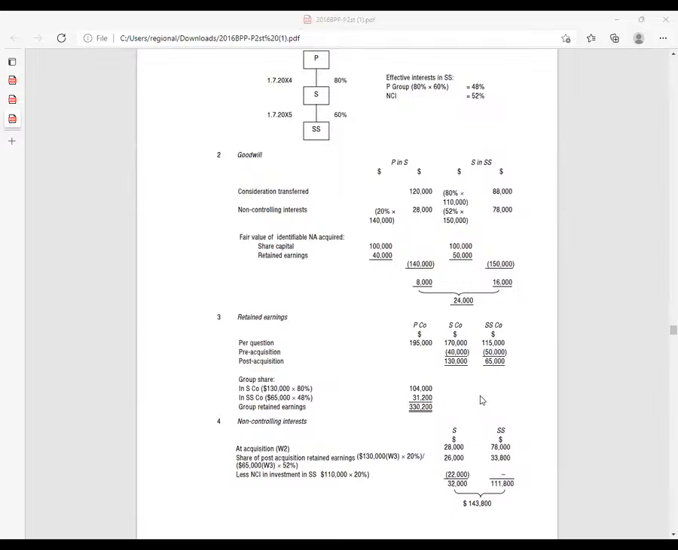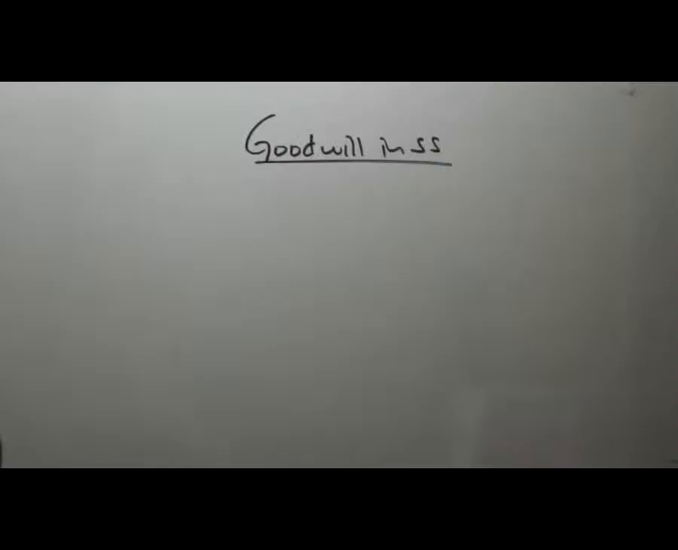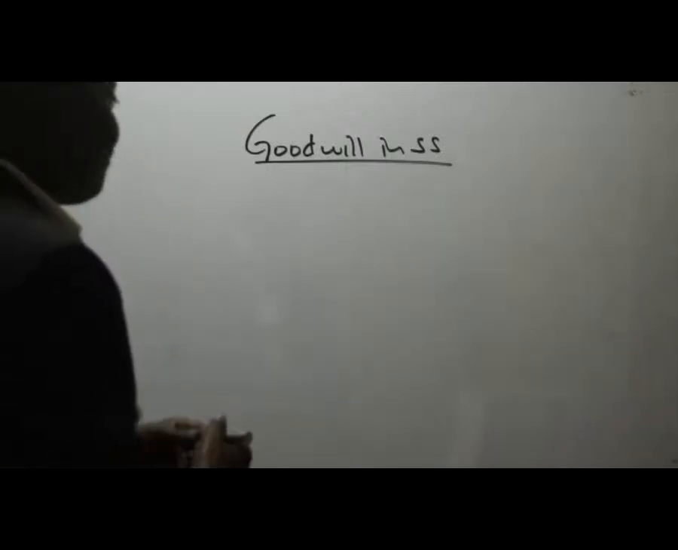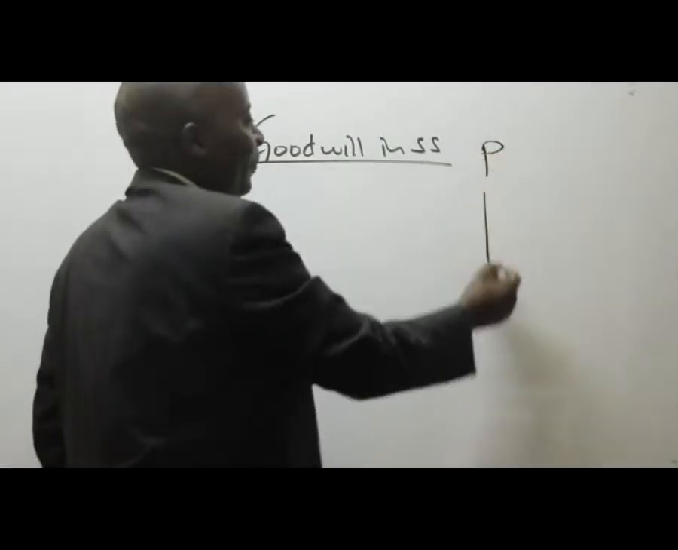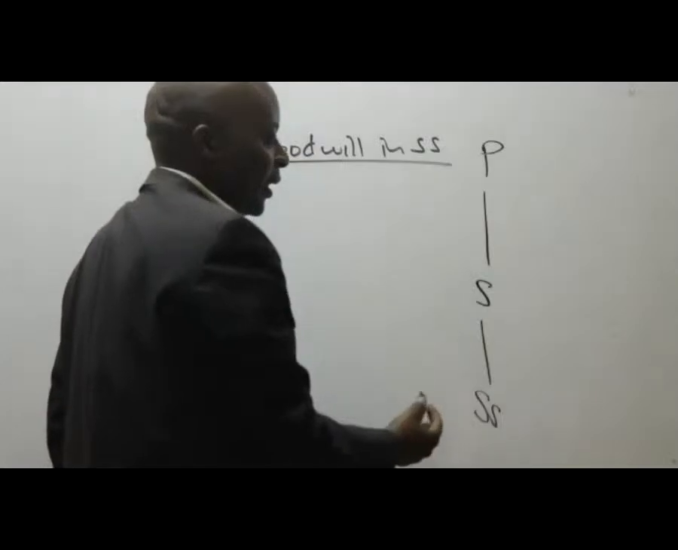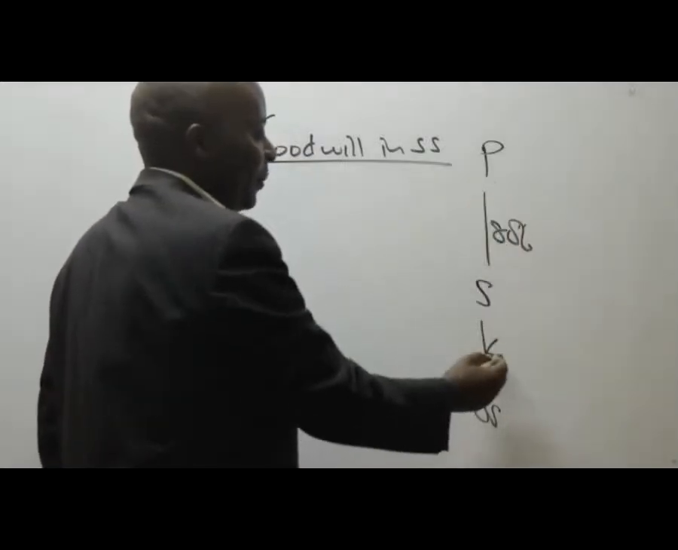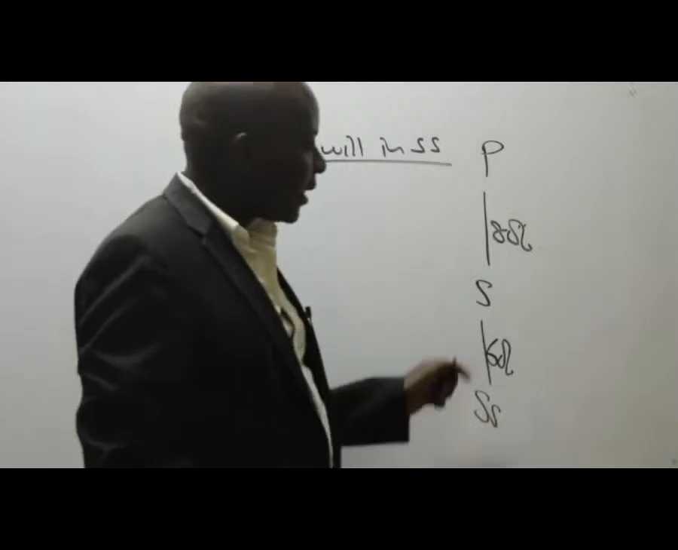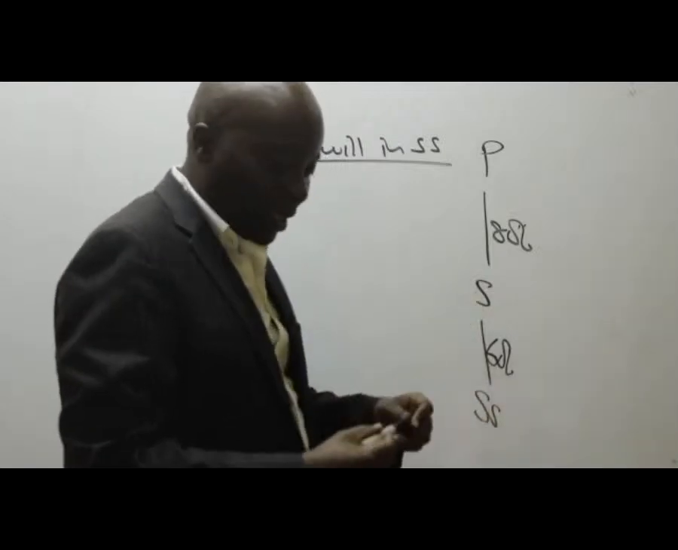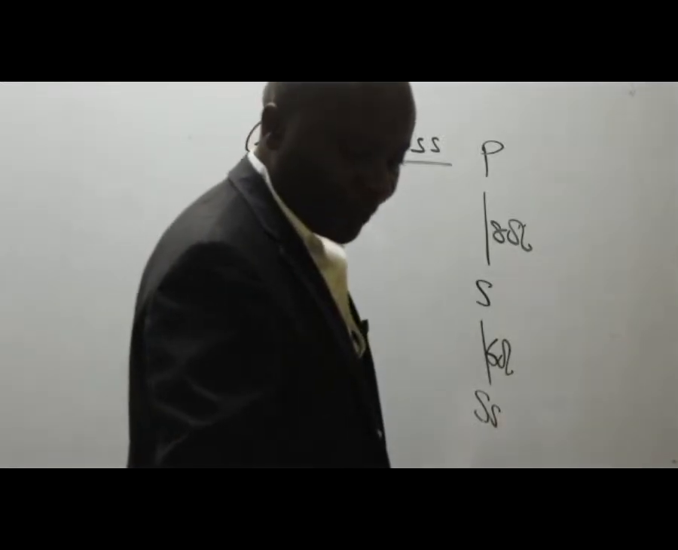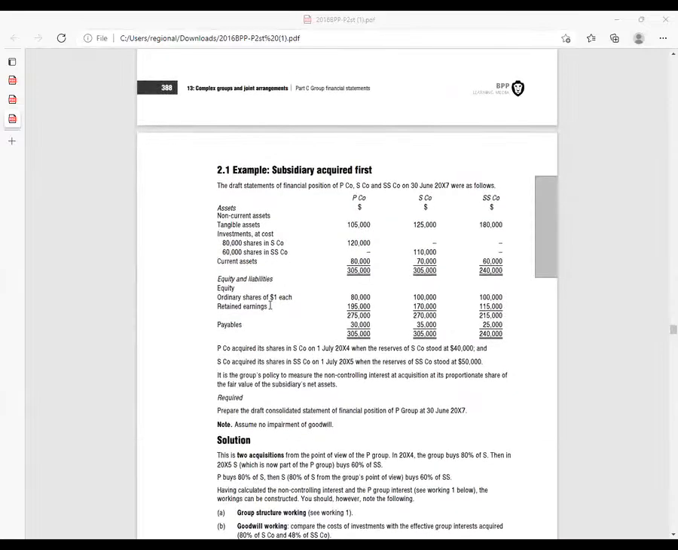I mean, how did they get this? It's very easy. Thank you very much for trying. So in SS, we have P, we have S, we have SS, 80%, 60%. So remember that S, ladies and gentlemen, paid how much to acquire SS? We are told here that these 80,000 shares in SS were bought by S company at